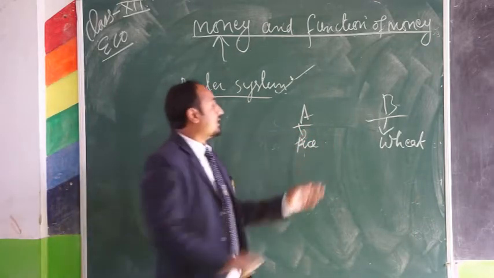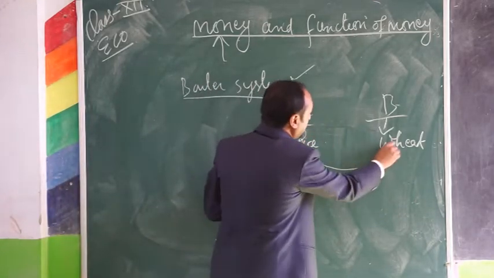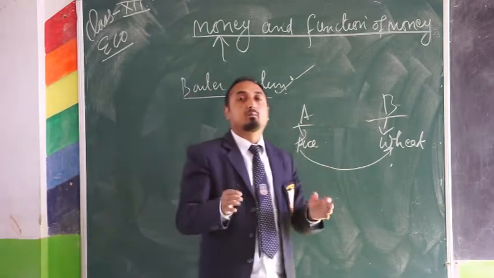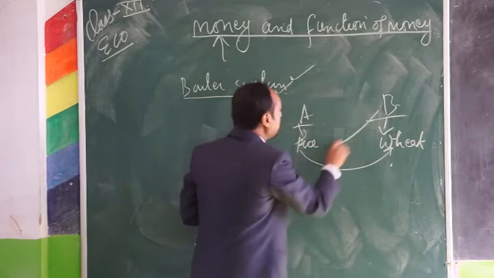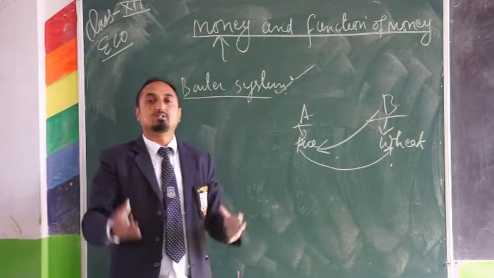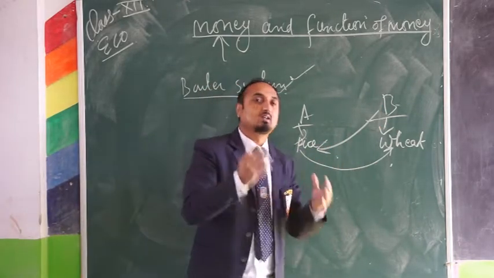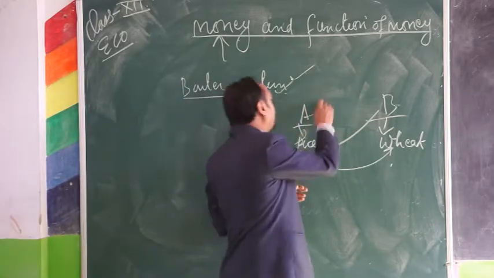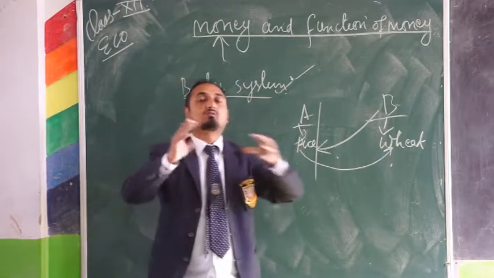If A wants to exchange rice with wheat, then B must also be ready to exchange. Then only the transaction will take place. Otherwise, if B is not willing or A is not willing to accept that wheat, then the transaction may not